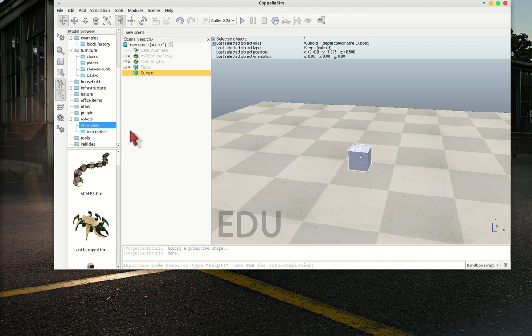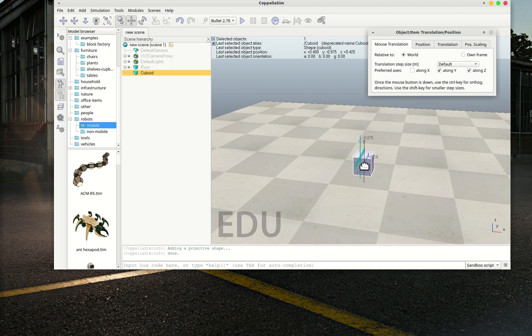Okay, I'll show you a very simple scenario here. I have the cuboid, and let me put it somewhere here. Put it here.